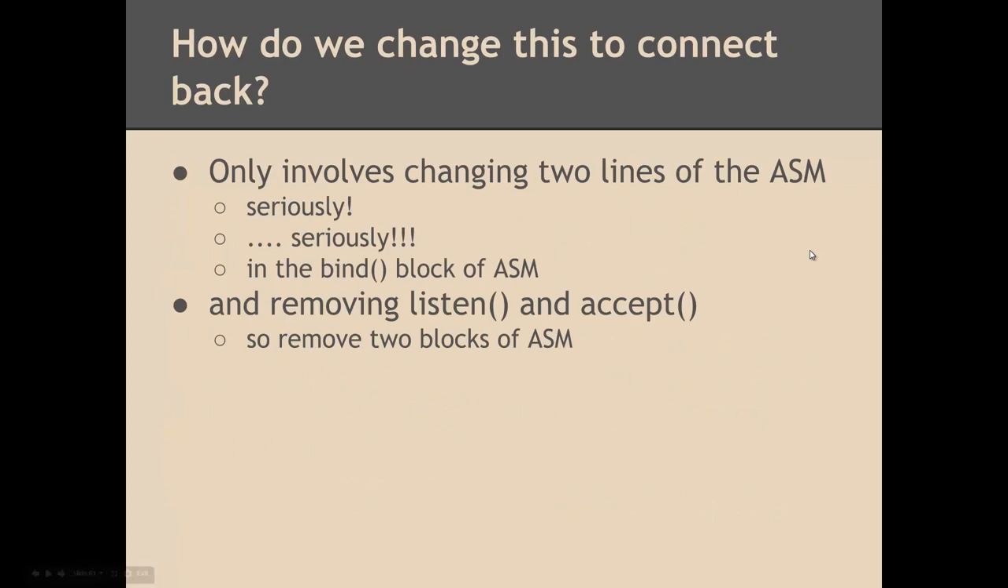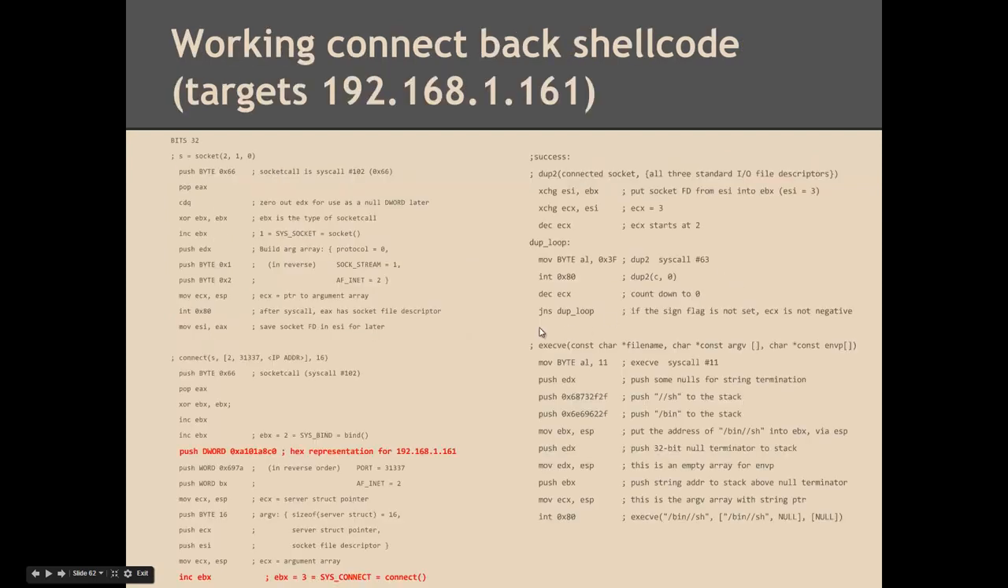So it really only involves changing 2 lines of the assembly in the existing port binding shellcode. If you want to change this to connect back shellcode, you just have to cut out listen and accept. That's it. The 2 things that you have to change are